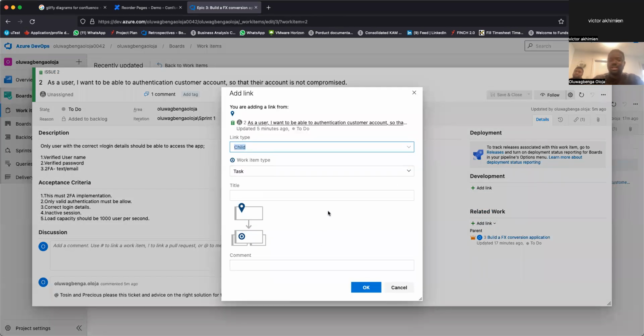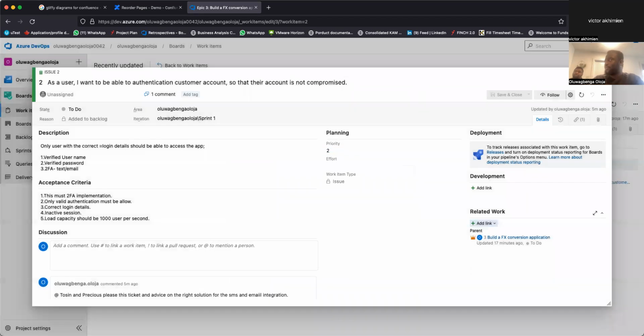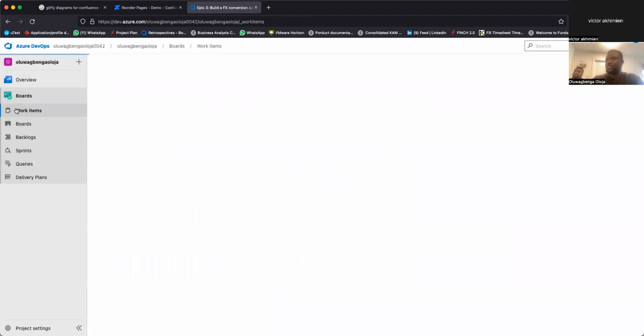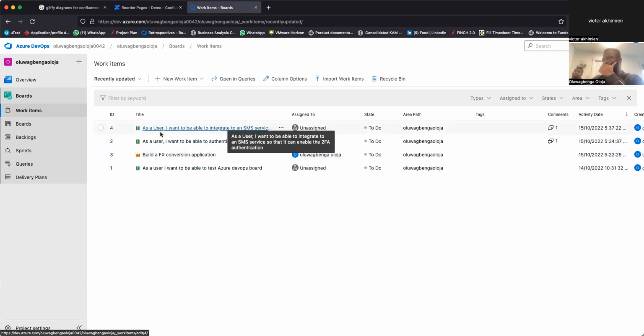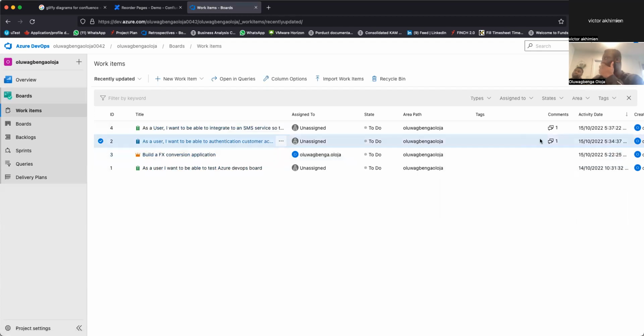So now let's role play. Let's go back to role play. Remember, we have an epic, we have user stories now, and I've prioritized them. I'll say, in this one, forget Azure DevOps. Is it the last thing on our priority list, right? We want to work on these two. Number 4 and 2. But no, we don't want to work on number 4 before number 2. Let's move number 4 up. Let's move number 2 up.